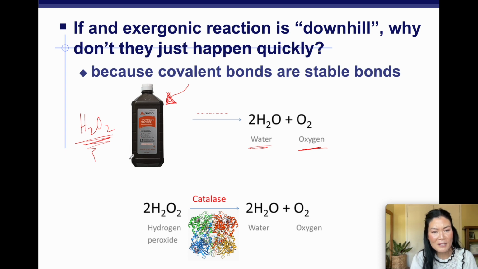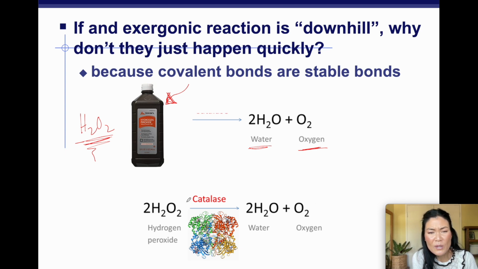So hydrogen peroxide turns into water and oxygen gas, and it takes a few years for it to do that. There is an enzyme in our cells called catalase. It's a protein, and you can see here what catalase actually looks like. When we talk about protein structures, remember there are 4 levels: primary, secondary, tertiary, quaternary. Well, catalase is functional when it's in a quaternary state. It has 4 subunits that come together to make a functional catalase that breaks down hydrogen peroxide